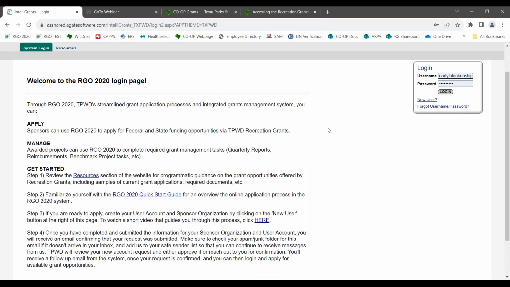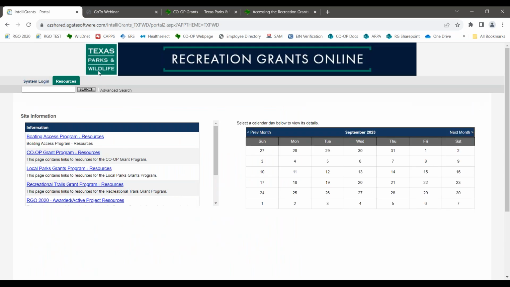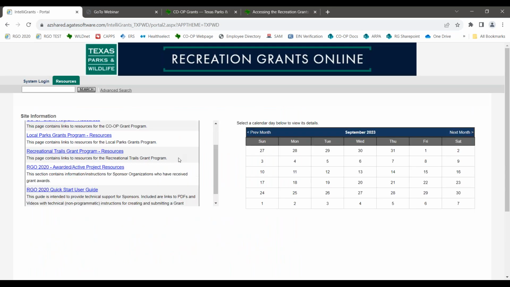Once you do that, you will come to this page. That's our general login page. There's a few things I want to show you from this area. First up, there's this resources section. You can access our resources whether you have a login or not, but there's a couple resources we wanted to